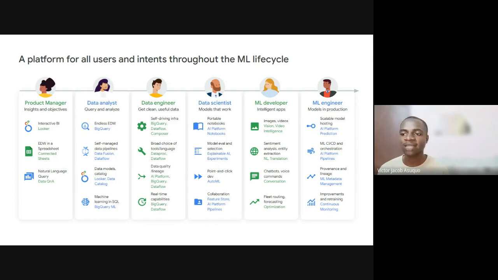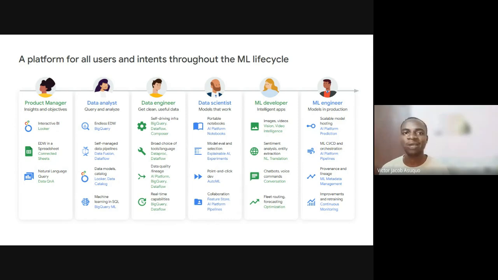We have data scientists, and we have models that work. Most of the work data scientists do is to make sure that you get the best from the data, and to get the best from the data, you need a really working model. We are looking at portable notebooks. We have heard of Google Colab. We have heard of Vertex AI. Now we have Workbench, and we also have Colab Enterprise.